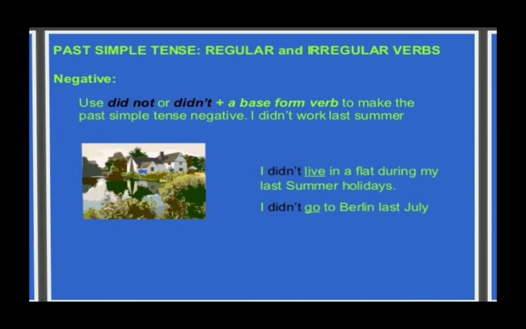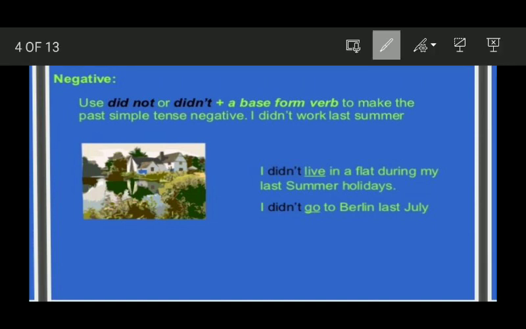And in the negative sentence we use did not. Did is the helping verb and we also use the base form of the verb. We are not going to use the second form of the verb in the negative sentence of simple past tense. If we are using did not, at that time we will use the base form of the verb. For an example, if go, then we will use it in the actual form like go. He did not go. Use did not plus a base form verb to make the simple past tense negative. I did not work.